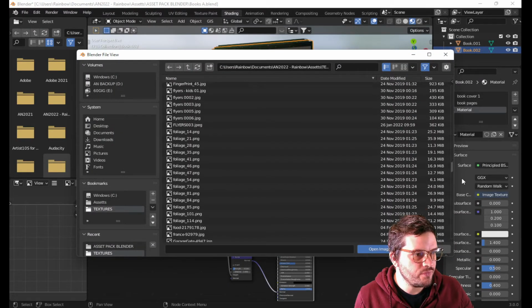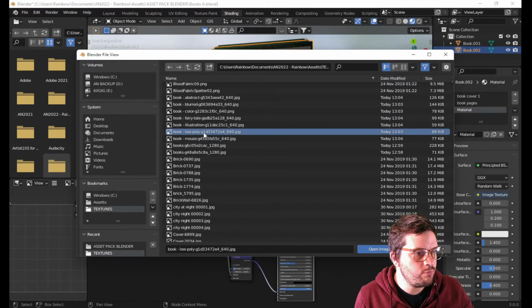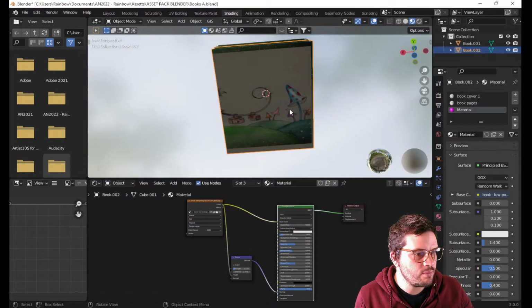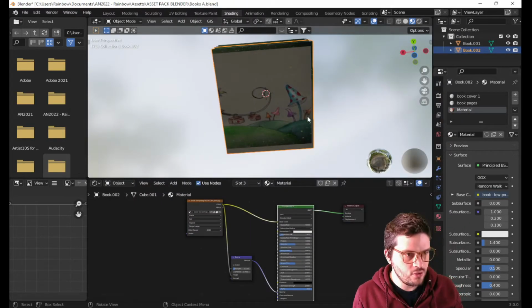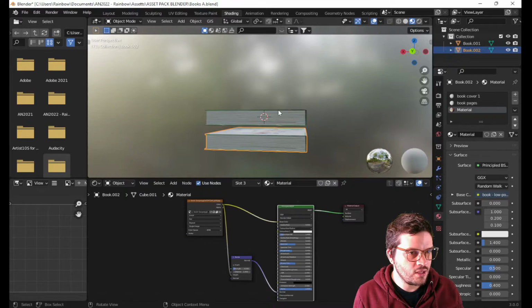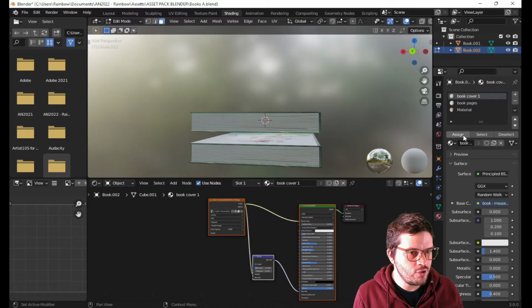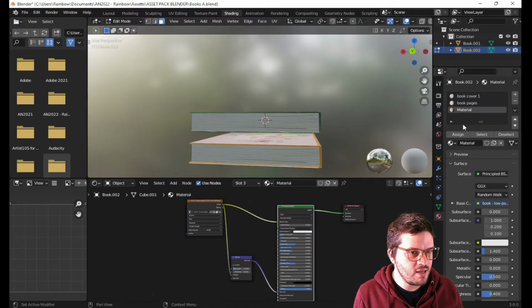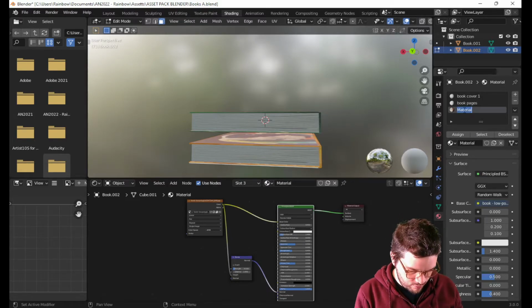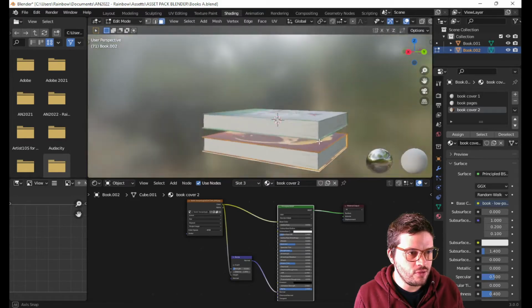Let's find those books. Who's got the book? We got mouse. Let's go low poly. Hopefully this isn't just a picture of a book. Now, it's not showing up. You know why? Because I need to hit tab. I'm going to go to book cover, select, and then I'm going to go to my material, assign, book cover 2. Now, if we were going to get crafty, we would do all these at once,